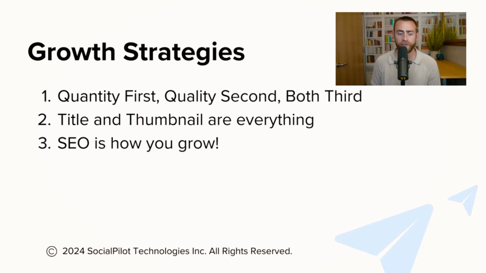Strategy number 3 for growing on YouTube is that SEO is how you grow. And hopefully you can remember that because it rhymes. SEO relates to the title, but it also relates to your channel, your video description, and all of that, which can include keywords, which again, we will talk about. We will get into that more in Module 4 and Module 5. But SEO is really how you get your content discovered. YouTube, at the end of the day, is a search platform. It is the world's second biggest search engine, and it is owned by Google, which is the world's biggest search engine. And that is why YouTube SEO is so important.